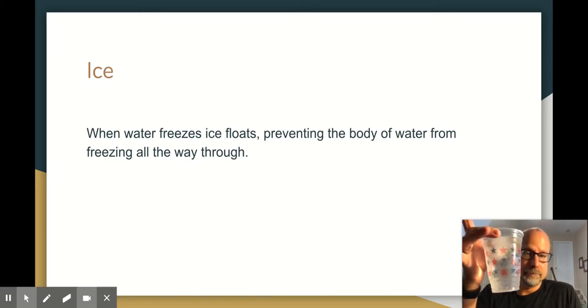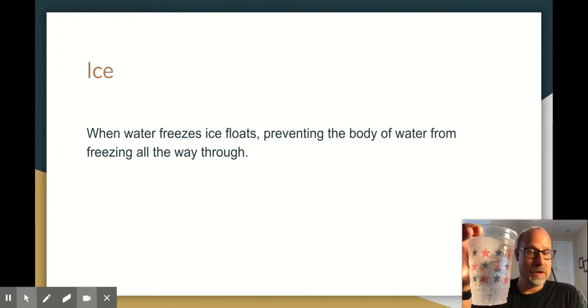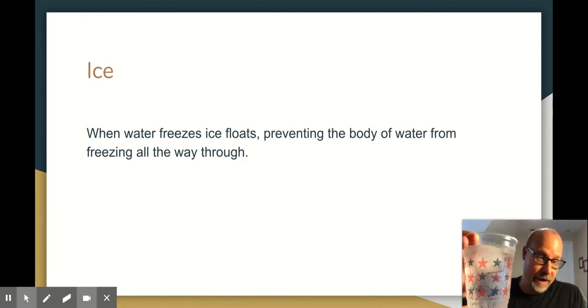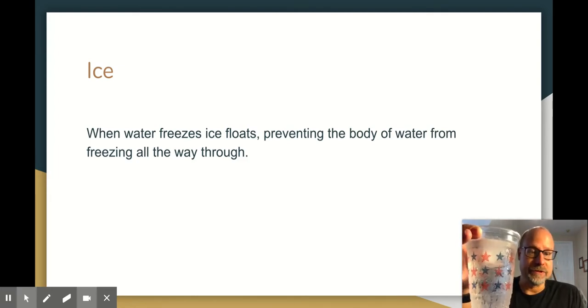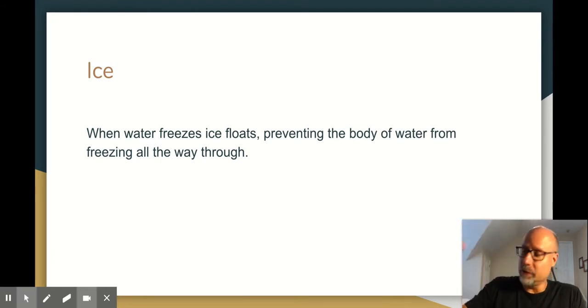Ice in the water, floating, because ice is less dense than water. Water, when it's frozen, is less dense than water when it's liquid. Now, most things are the other way around. If you put a piece of solid iron and drop it in a pot of melted iron, it sinks to the bottom. Same thing with gold, with silver, with almost anything you care to name. But water, this unusual characteristic, is what keeps the ice on the top of the pond, helping all of the